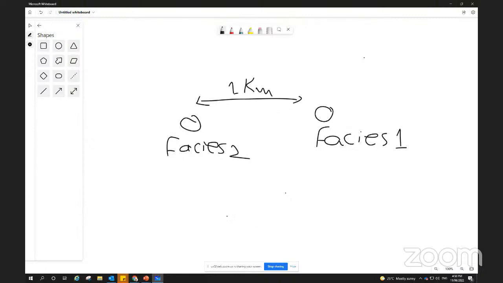Variogram helps us to map, or model, the distribution of Facies 1, considering the reality that it's not extending beyond Facies 2. So the variogram will consider the direction or the dimension in X and Y direction, and you put it into the stochastic